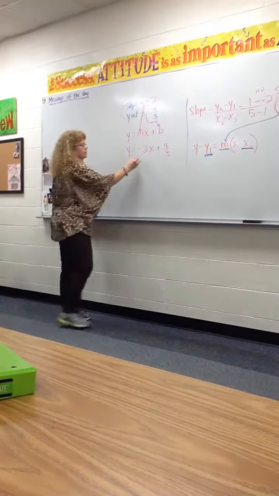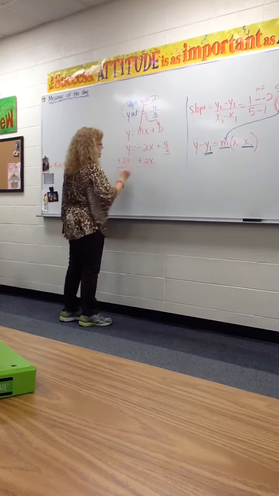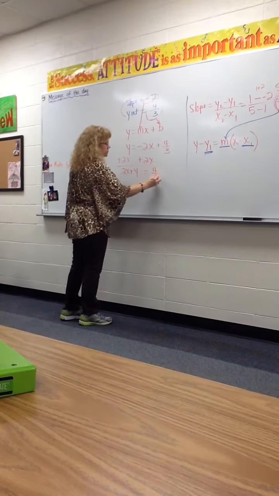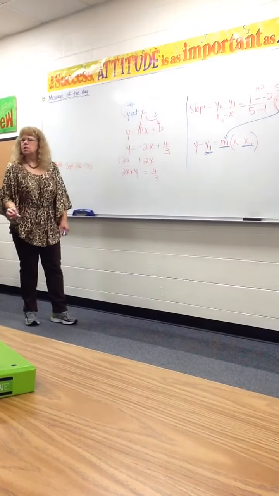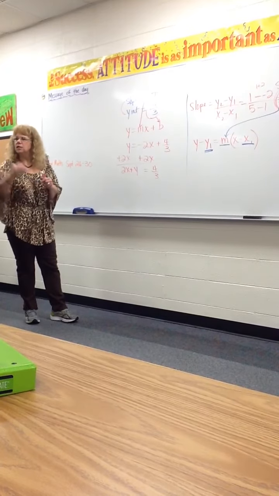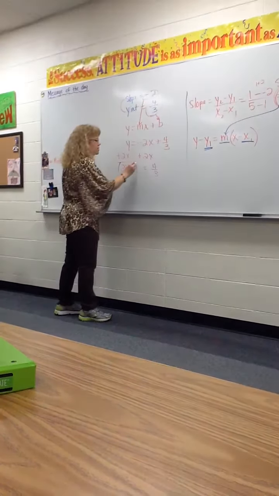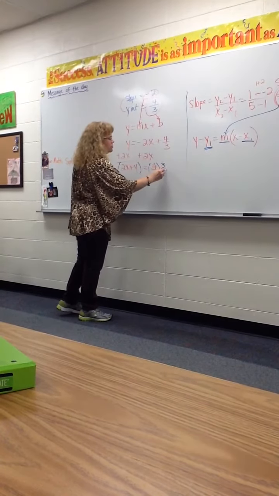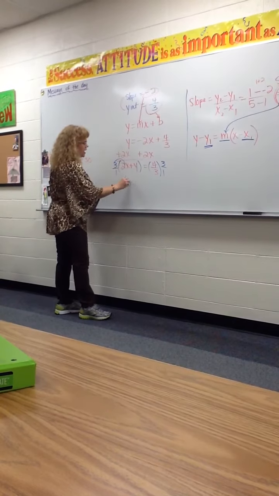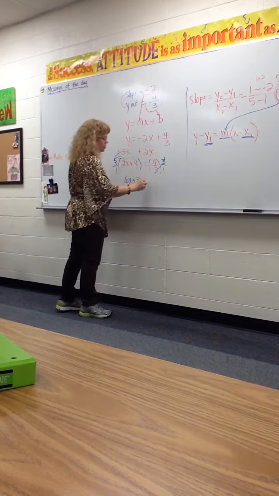And then you got to get X and Y on the same side. That's easy. Like that? What's the only other thing you have to do? Get rid of the fraction, by doing what? Good. By multiplying both sides by 3/1. So what's that gonna give me? 6x, 3y equals